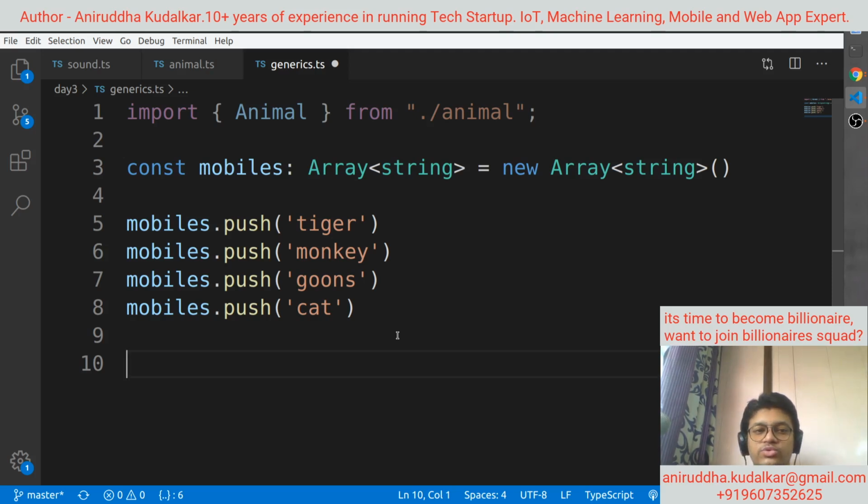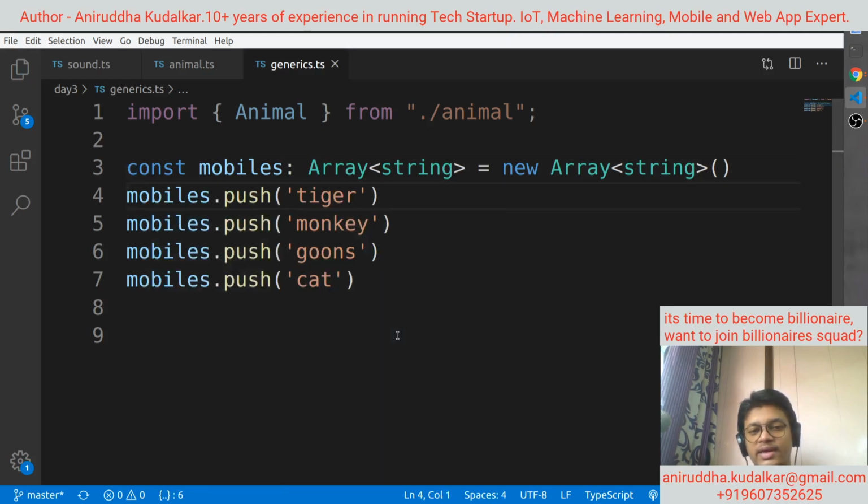Okay, so const mobiles is an array, and into that array you are pushing. In the same way you can put a number over here or anything, right? So generics is of this type, meaning any type you can assign.